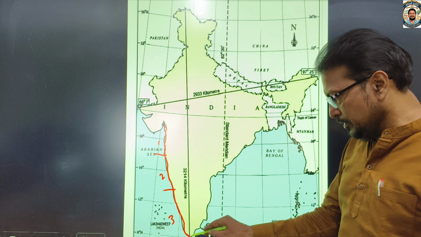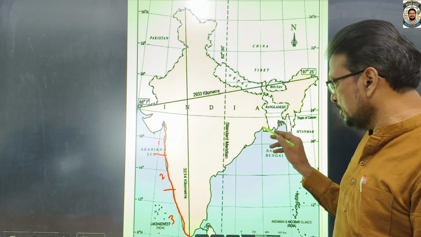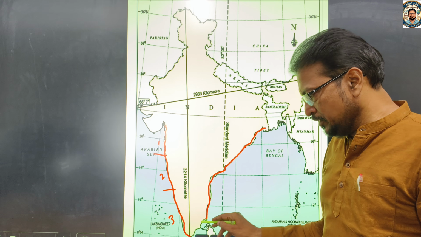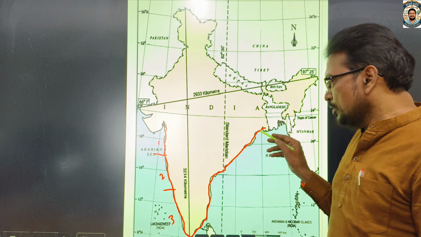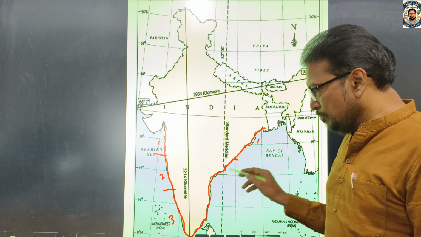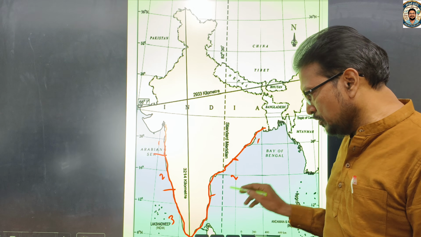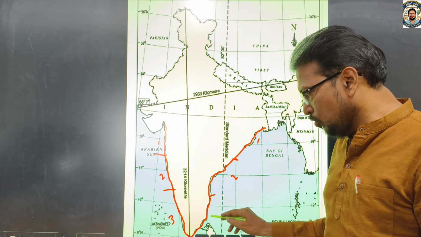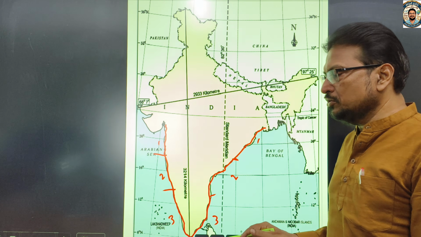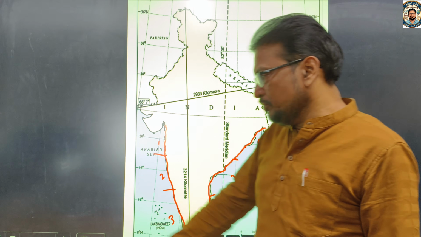In the same way, on the east side also, three coasts are there. These three are classified based on borders: from West Bengal to Odisha, the Utkal coast; for all of Andhra Pradesh, the Sarkar coast; and the bottom one is the Coromandel coast. So like that, the coastal areas are also classified. The next one,